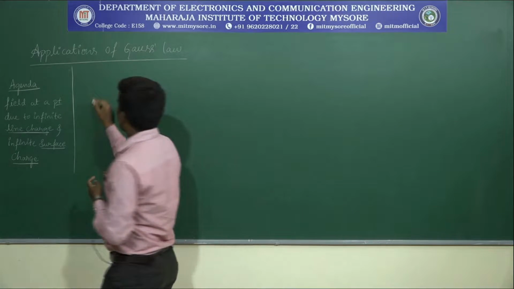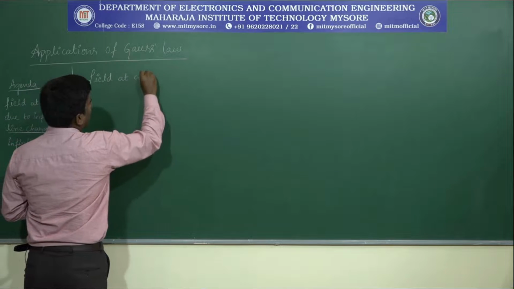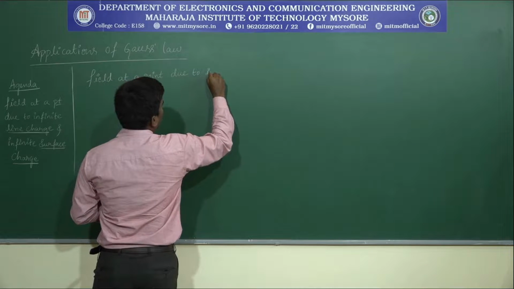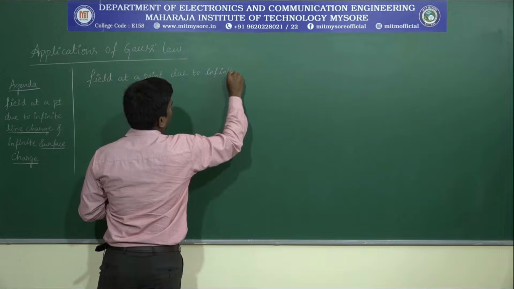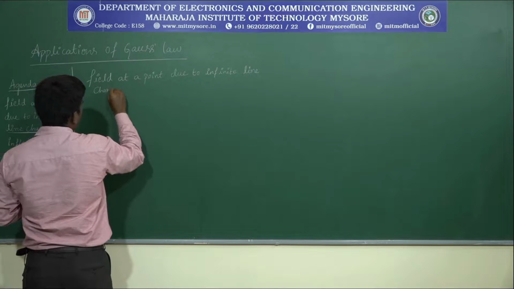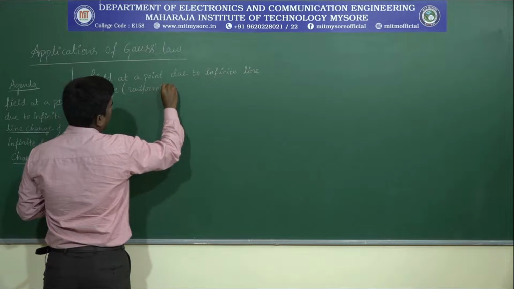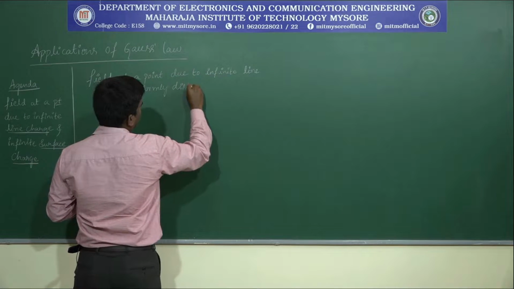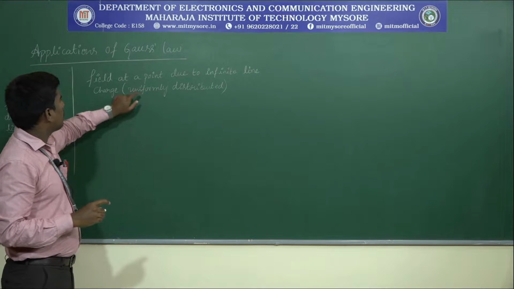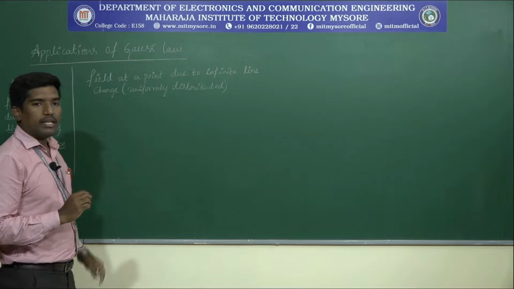So the first thing is the field at a point due to an infinite line charge which is uniformly distributed. We need to apply Gauss's law in order to find the field at a point due to an infinite line charge. For that we need to consider